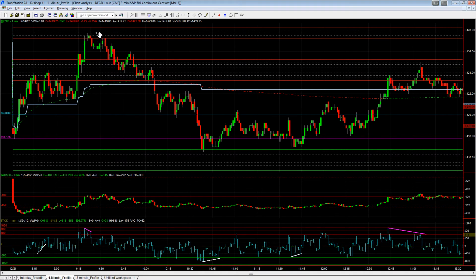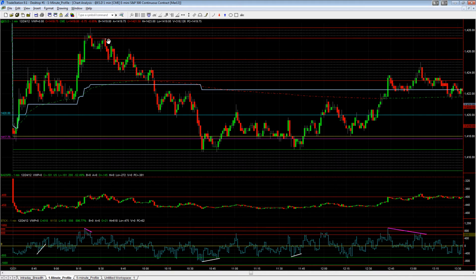So this is another short setup, and this was the one that finally, after taking a stop out on the partial position on the previous one, preferably a break-even stop or a very small one, really worked out. And again, we weren't looking to take any quick scale outs on this because the target was 10 to 12 points away, right? So this is a good short setup here. We get negative tick divergence that confirms the trade a little bit.